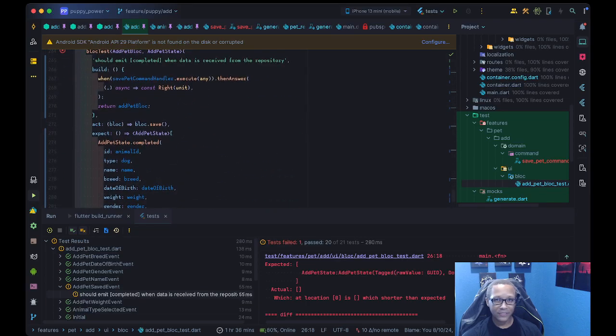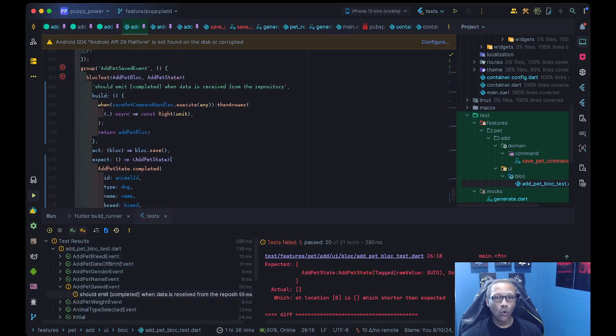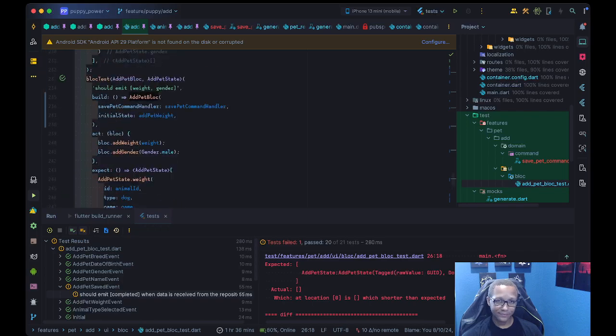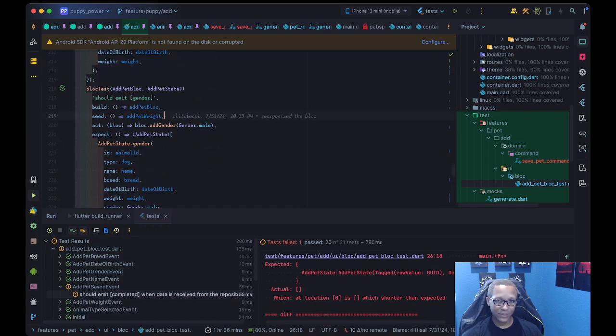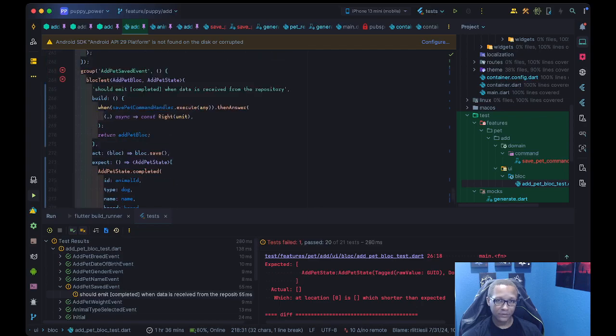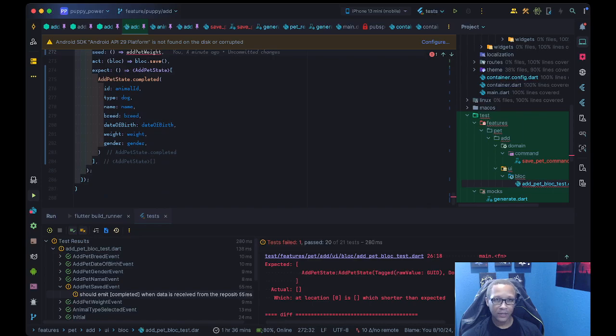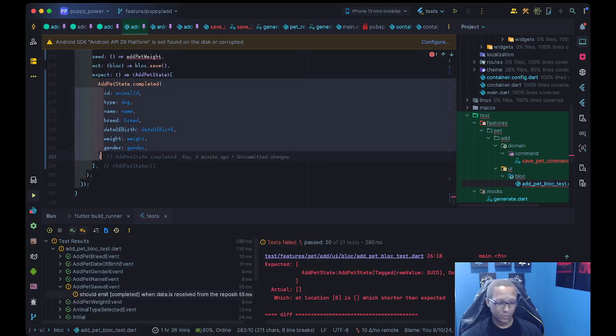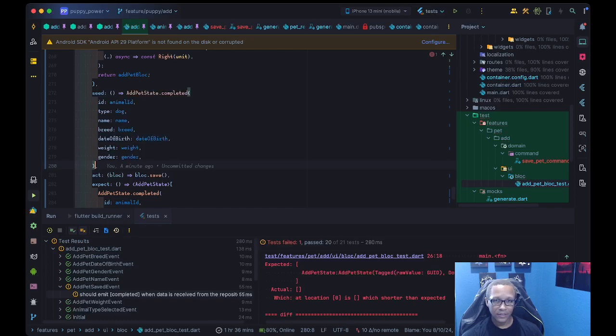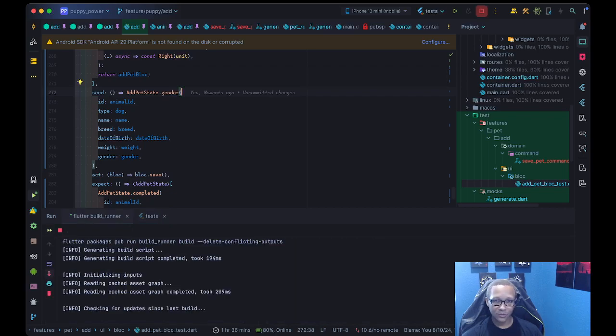Right, but the state, what state am I sending in? Oh, derp. I see what I'm doing wrong. I need to seed the thing with the completed state. And now that I've seeded it with the completed, no, it doesn't need to be completed. It needs to be right before completed, which is going to be gender. There we go. Let's try that. That should work. Now that it has the correct state,